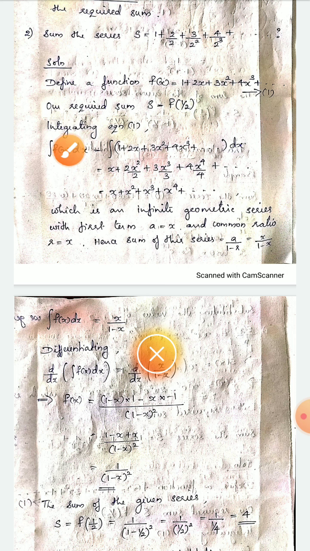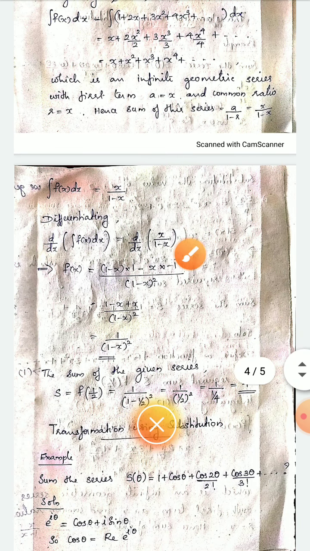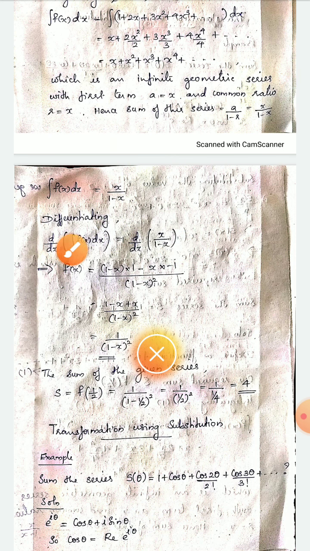So this equation, integral f of x dx, becomes equal to x by 1 minus x. Okay. Next we are differentiating. d by dx of integral f of x dx is d by dx of x by 1 minus x. Here, differentiation and integration are reverse processes, so they cancel out and it becomes